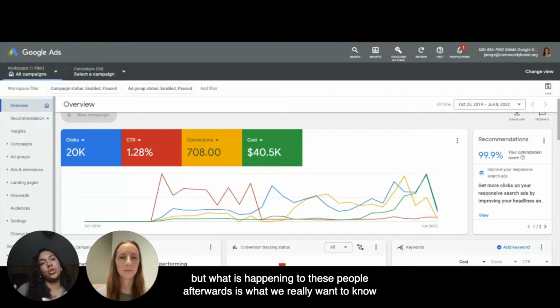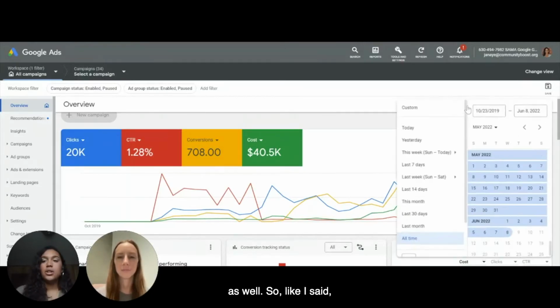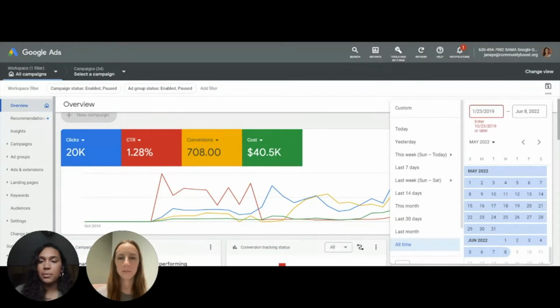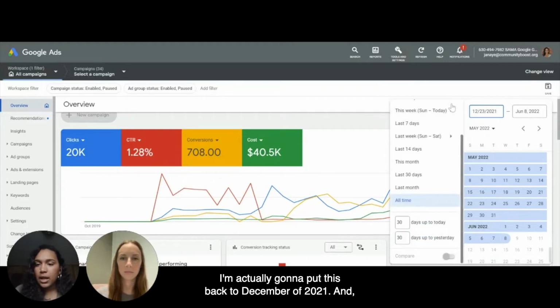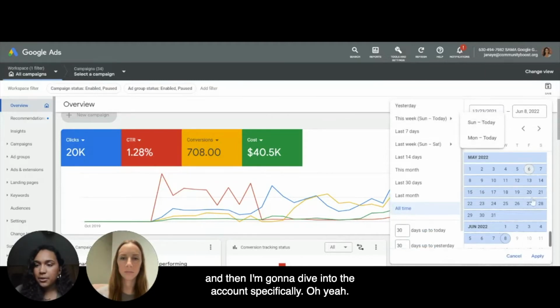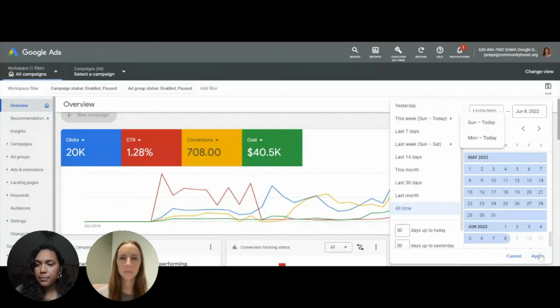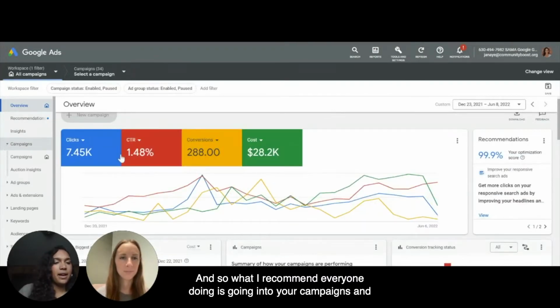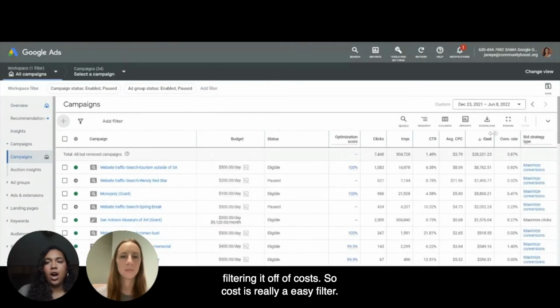But what is happening to these people afterwards is what we really want to know as well. So like I said, I'm going to go ahead and dive into the last 12 months of data. So I'm actually going to put this back to December of 2021, and then I'm going to dive into the account specifically. Great. And so what I recommend everyone doing is going into your campaigns and filtering it off of